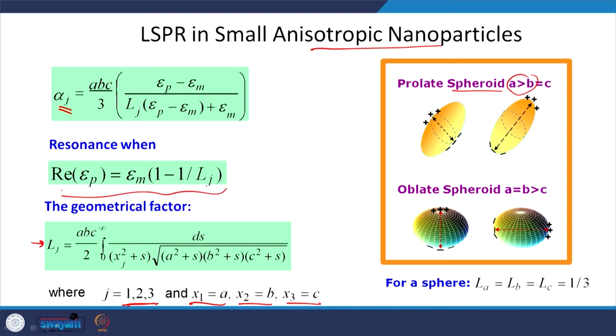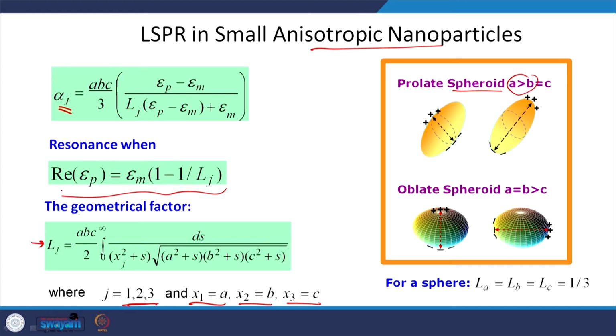So, for spheres it was very simple, you put x1 is equal to x2 is equal to x3, but here you have to have a geometrical factor which will also play a key role in determining the resonance